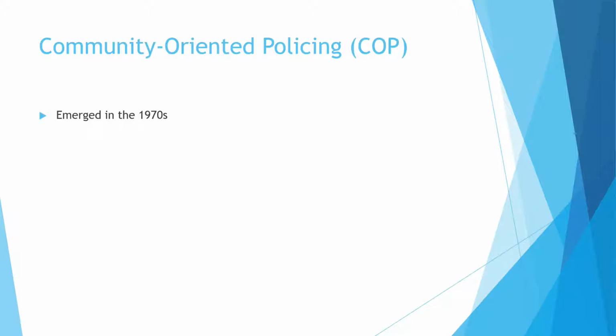As we've said a number of times, community policing emerged in the 1970s. We had this realization that the police had become too detached from the public, that if we really wanted to get a handle on crime and serious social problems, then the police needed to be in touch with the community. They needed to form some kind of relationship with the community. They needed to have the community assist them in fighting these crimes. The police could only do so much on their own.